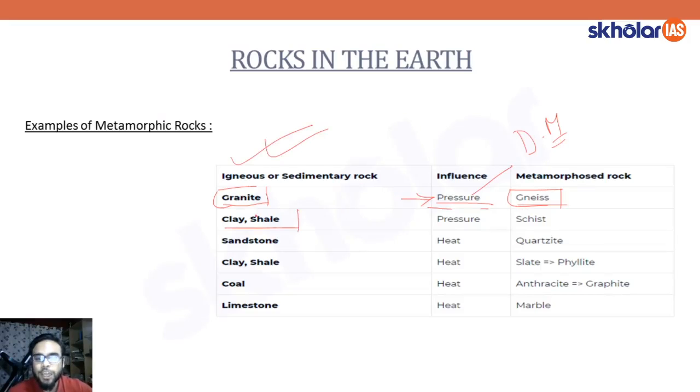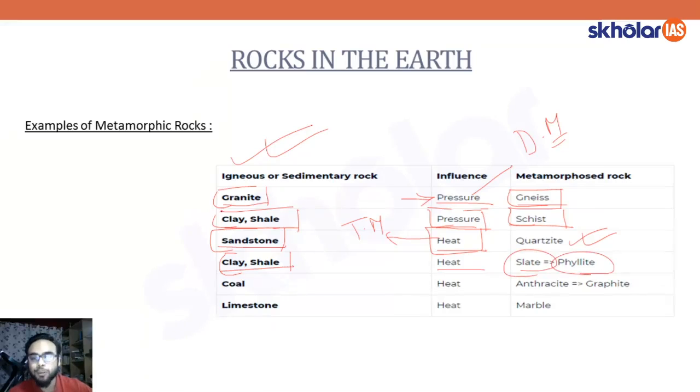Then clay and shale, which are a type of what kind of rocks? These are sedimentary rocks, right? Under dynamic metamorphism, pressure will get converted into schist. Then we have sandstone, which is a sedimentary rock. So this sedimentary rock under heat will get converted into quartzite. Heat means what kind of metamorphism? Thermal metamorphism. Then again clay and shale under thermal metamorphism will convert into slate, and slate will get converted into